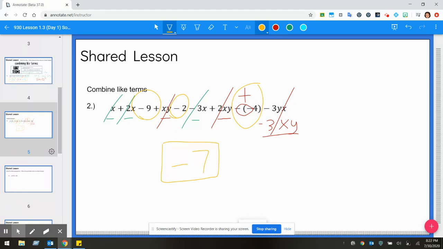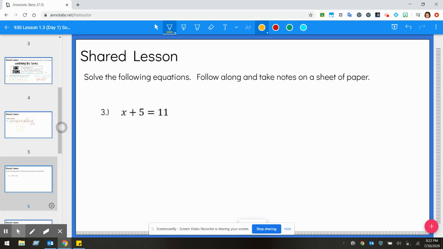If it works out and you have notebook paper out in front of you to show all your work, and if that's easiest for you, please use your resources and try to stay as organized as possible. So those are the examples of combining like terms. In the problems that we're going to be doing today, they're just 1 and 2 step equations. So we're going to combine like terms when we get to more difficult equations. But let's go ahead and look at